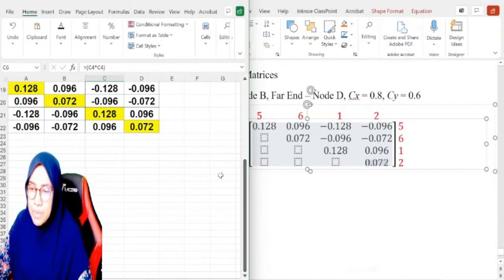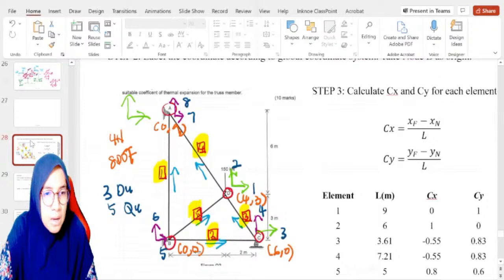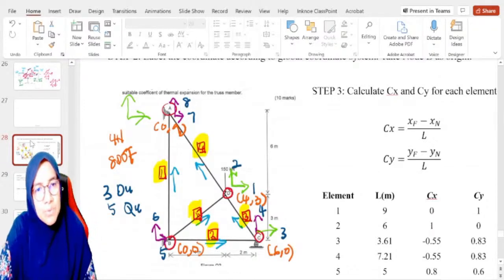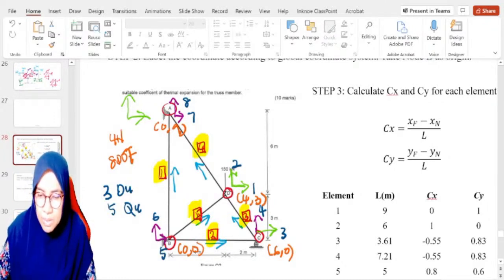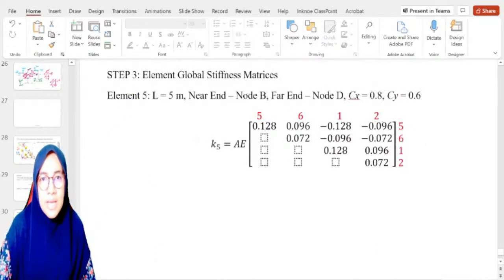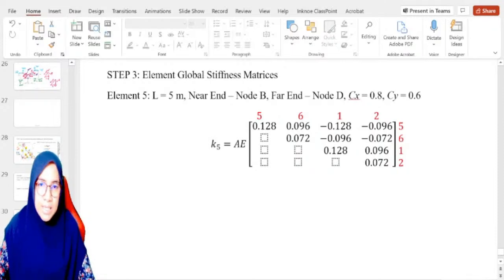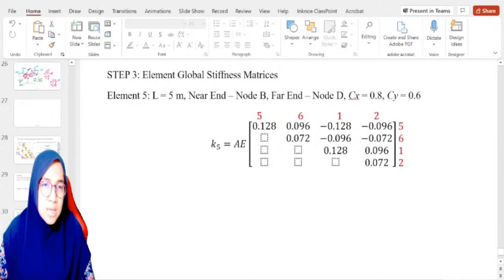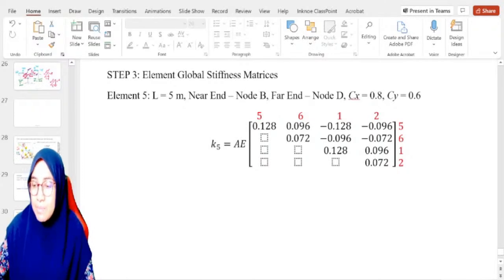Okay, the label will be 5612 because we refer back to this. It is from B to D, 5612. So this is element number 5. We have already determined or established K1, K2, K3, K4, K5, so K for the 5 elements. If we refer back to this,